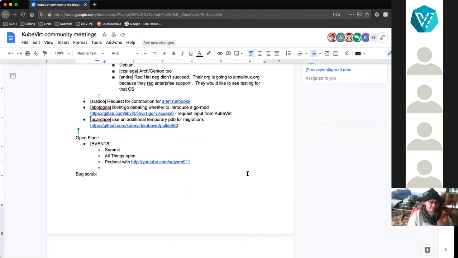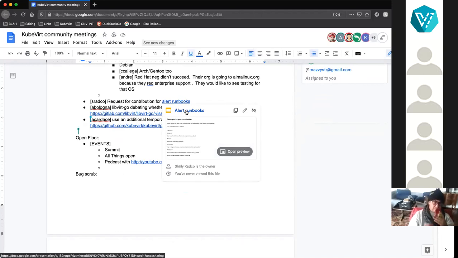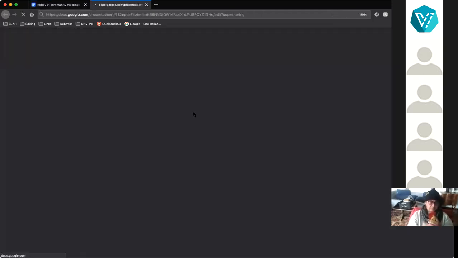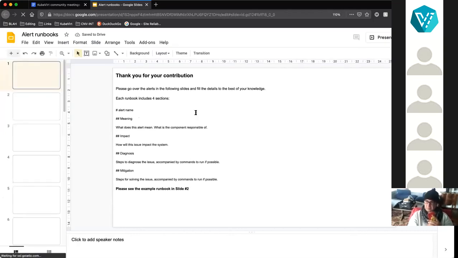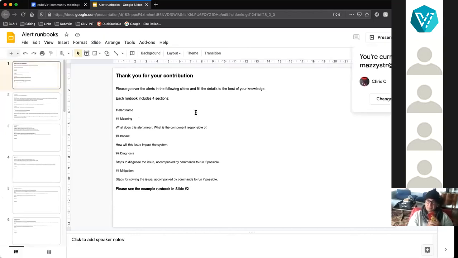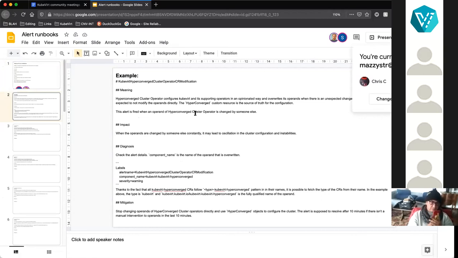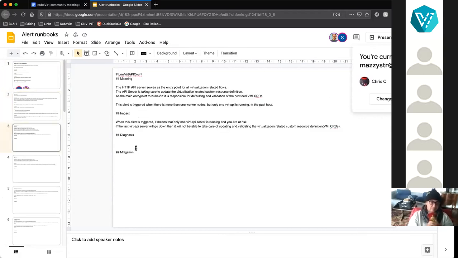I created a shared slide deck with all the alerts that we have. I would like to ask for contributions for the content, and if anyone has the knowledge and can contribute to that, it will be much appreciated. After that, I will take that and create PRs and do the process to integrate it into the KubeVirt monitoring repository.